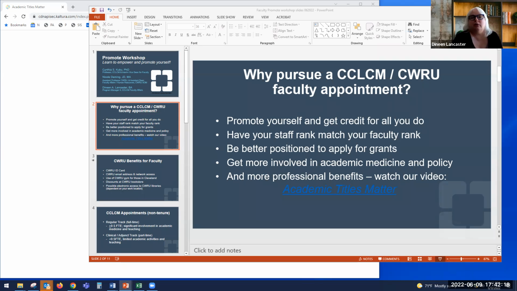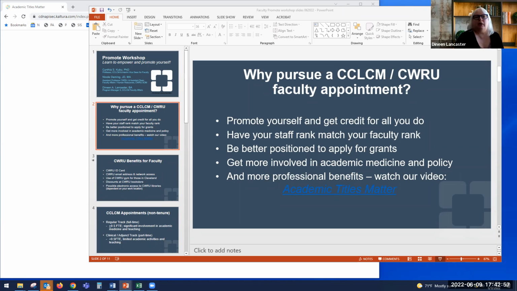So some of the application materials that you'll need is your CV and our mandatory template, a chair's nomination letter, a personal statement, which we'll talk about more later, a teaching portfolio, teaching evaluations, and a summary from either your chair or an education administrator in your department. You'll need referee names for colleagues, trainees, and external. And you'll need to complete a declaration of candidacy form. There are a few other items, but these are the main ones.